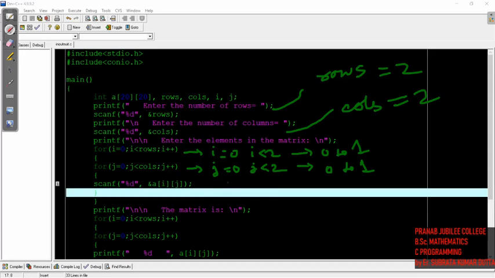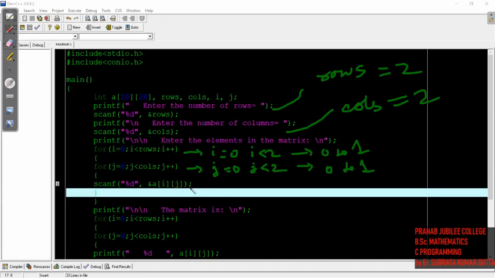At the beginning the i value will be 0 and the j value will be 0, so the first element will be entered in a[0][0]. After that j increments to 1, and the next value will be input at a[0][1]. After that j increments to 2; is 2 less than 2?